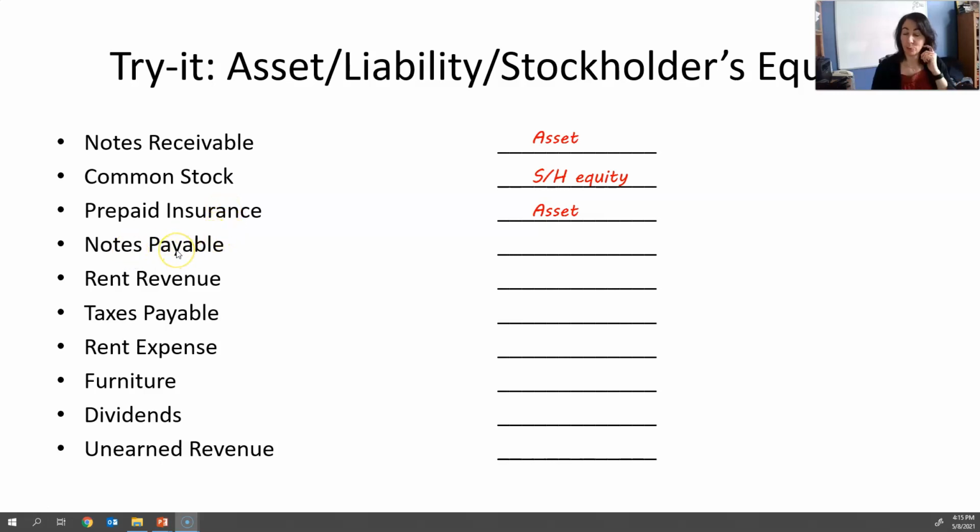Notes payable, I told you before, anything with the word payable on the end of it is a liability. Revenue, stockholders' equity. Anything with the word payable on it is a liability. Expenses, that falls into the stockholders' equity section. Remember, it's revenues, expenses, dividends, capital stock, right? So that's a stockholders' equity item. Furniture is an asset. Dividends, stockholders' equity item. Unearned revenue, liability. Okay, so if you're not sure about any of those, go back to the previous slide and